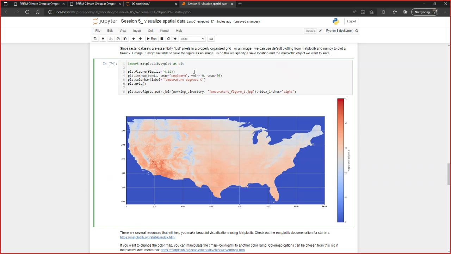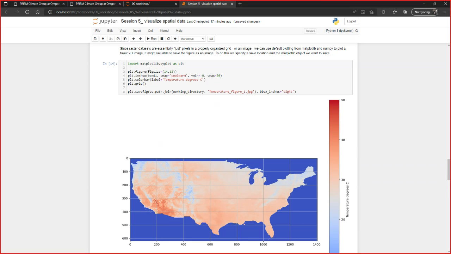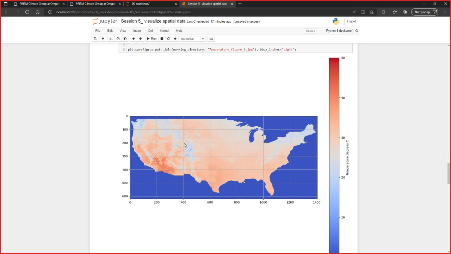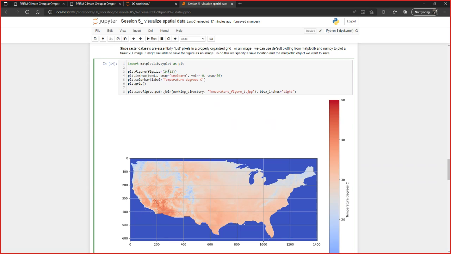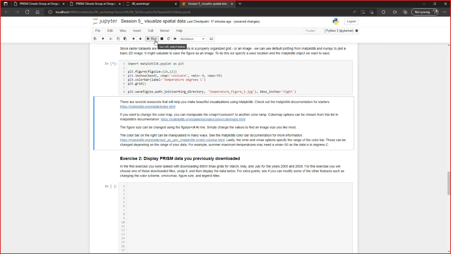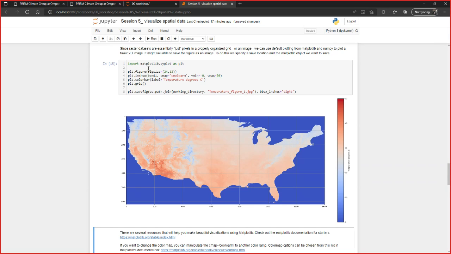We can make this 12 by 12 or 14 by 12 and see how that looks. You can see, obviously, it starts to change. I had it at 24. Thought that looked nice. And then we actually need to say what data we are going to